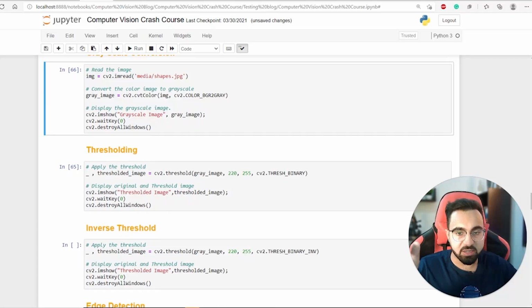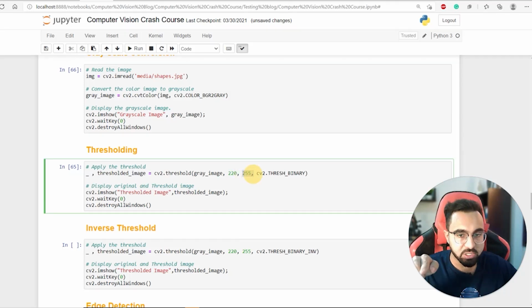Once I set a certain threshold, 220, all the pixels in that image above 220 should be equal to 255, and all the pixels below it should be 0. So that's how it works. This is what